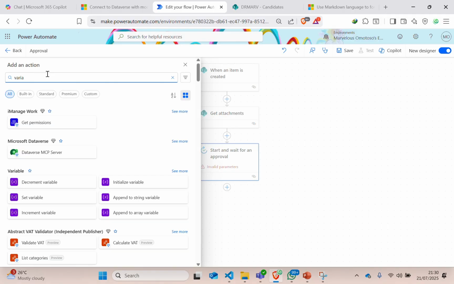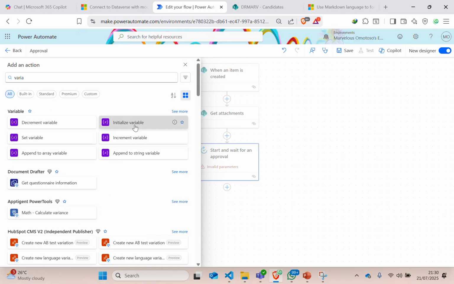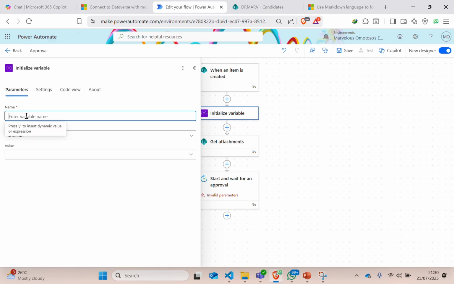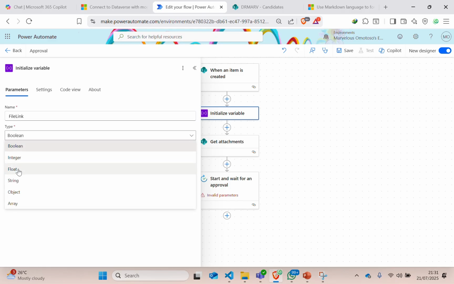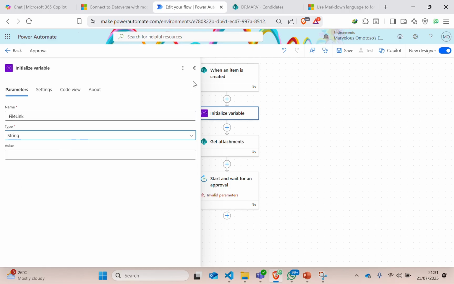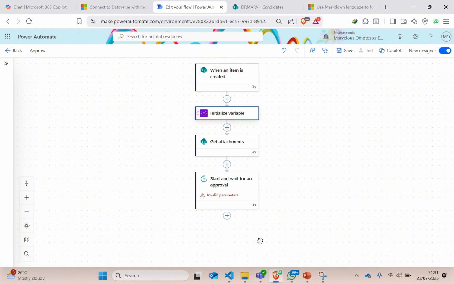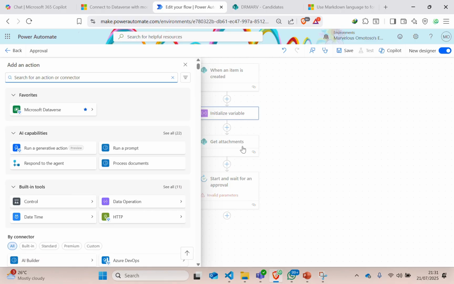Let me initialize a variable. Let me name this file link, of type string. Then I'll leave it empty for now. So once I get the attachments, the next thing I'm going to do is get the link